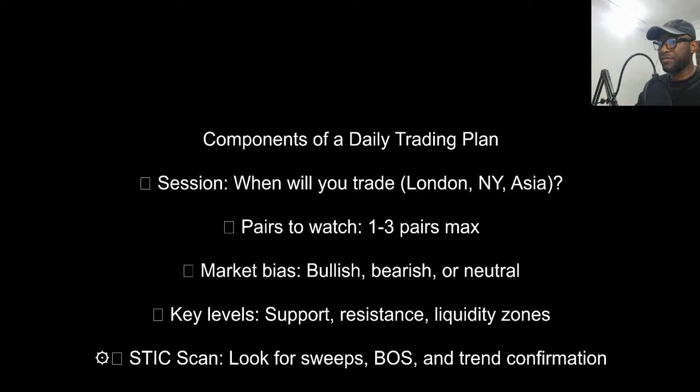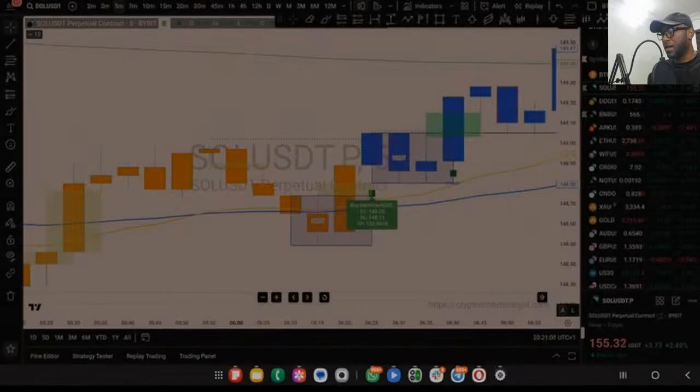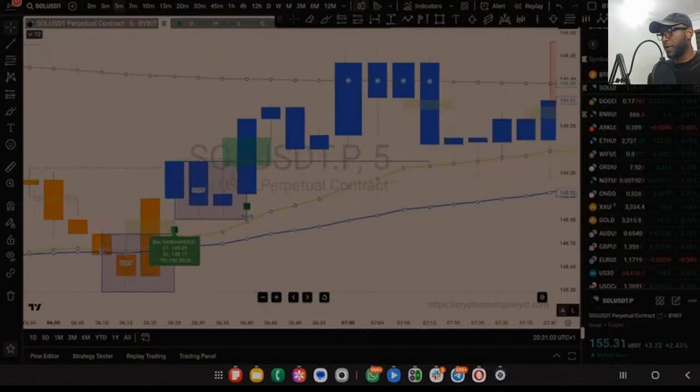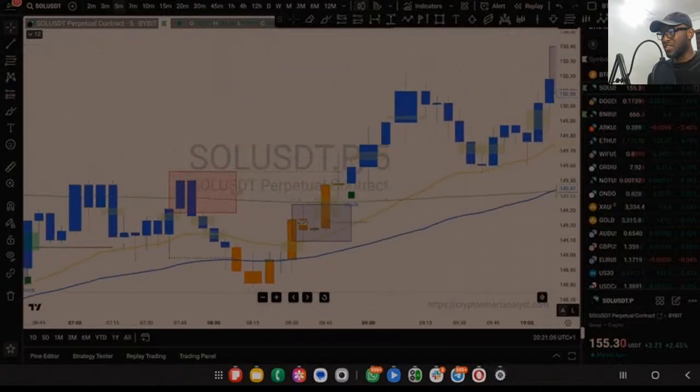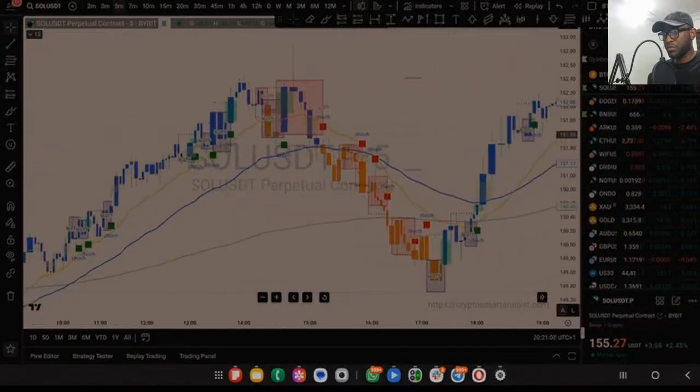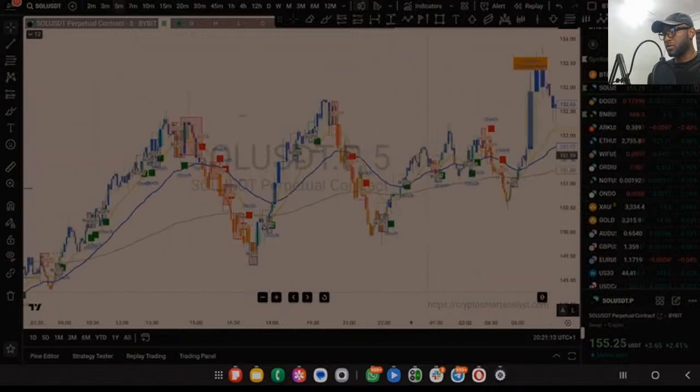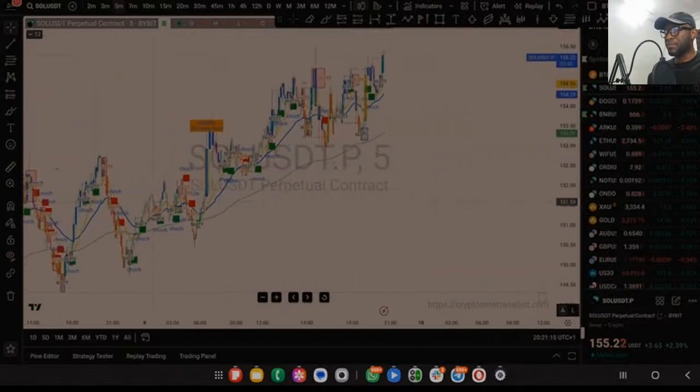So if STIC is giving you liquidity zones, then you want to ensure that those are regions where you're looking for liquidity. Like you can see here, when we have our first change of character, STIC already indicated buy liquidity, that is B LQT. Those are the situations you want to be looking at to pick your entries, because the market will always come back to those regions to pick liquidity before breaking out.